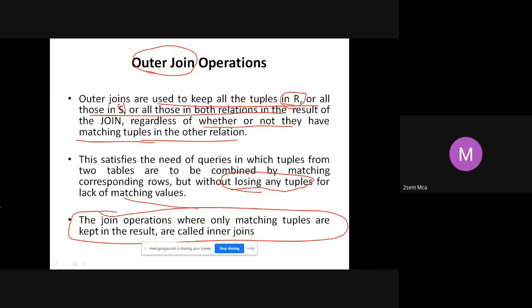Let us see some. There are different types of outer join. There is only one type of inner join, that is, wherever conditions are satisfied, those tuples will come. All such joins are inner join, for example S dot USN is equal to B dot USN. Wherever it is satisfying, all those records will come. That is inner join, that's all. Only one type of inner join. But there are several types of outer join. What are the different types of outer join? We have left outer join, right outer join, and full outer join. These are the three different types of outer join: left, right, and full.